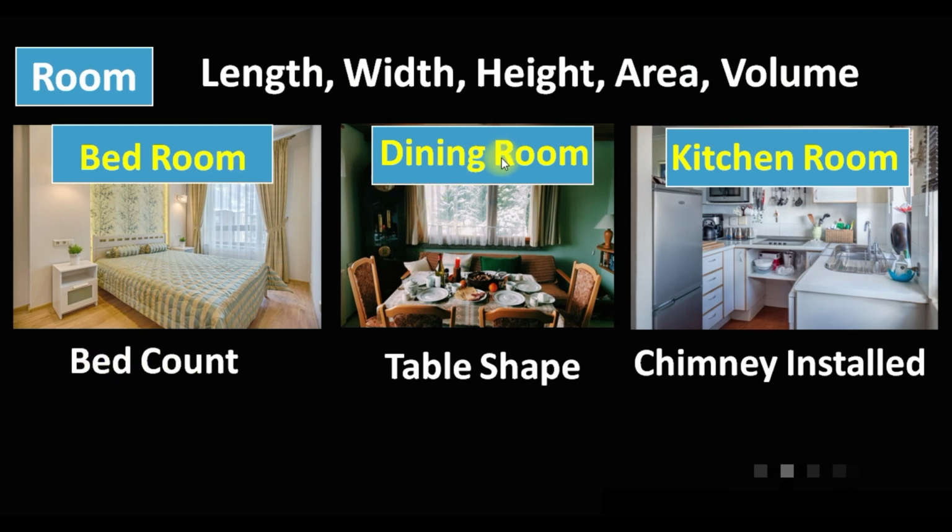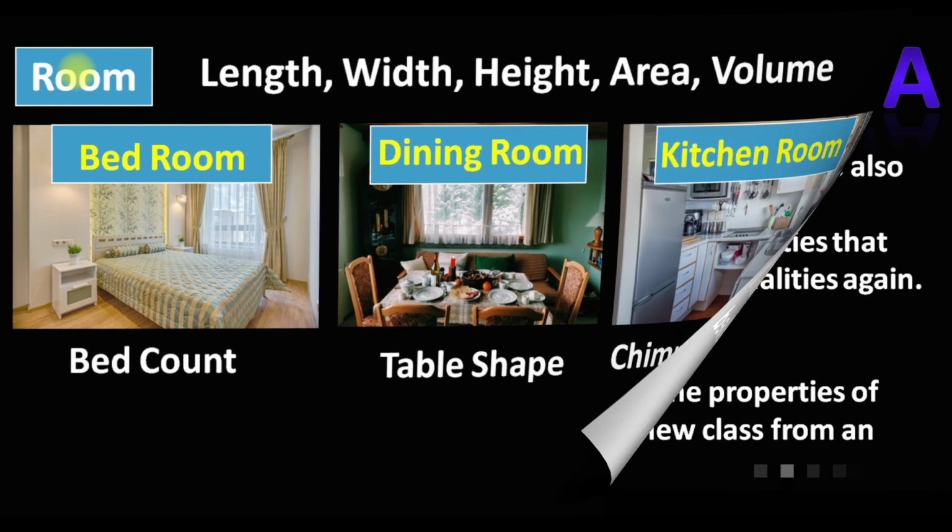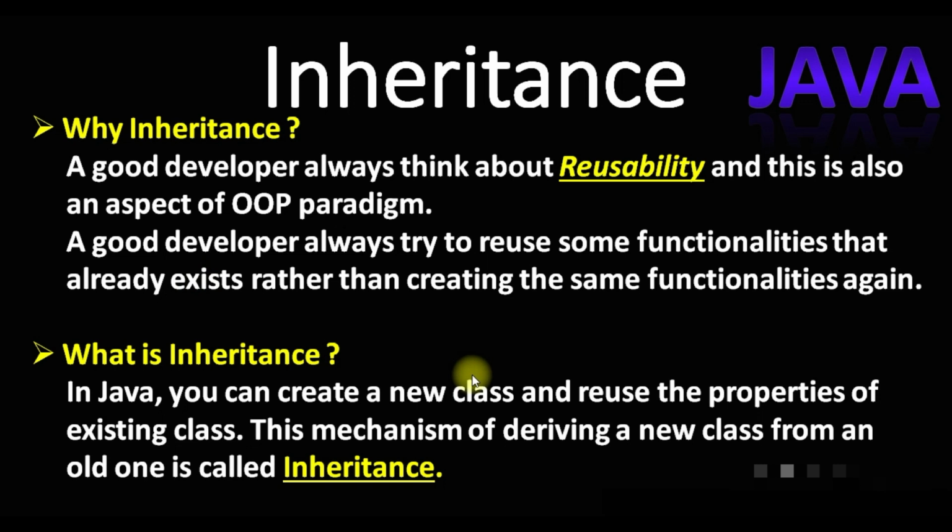Similarly if I take the dining room, and if it inherits the room class, the dining room gets access to length, width, height, area and volume and its special property, that is table shape, and that is also applicable for the kitchen room. This way you can create a specific class and reuse the existing class properties or behavior. If I go back to the definition, you can see the same thing is written here: